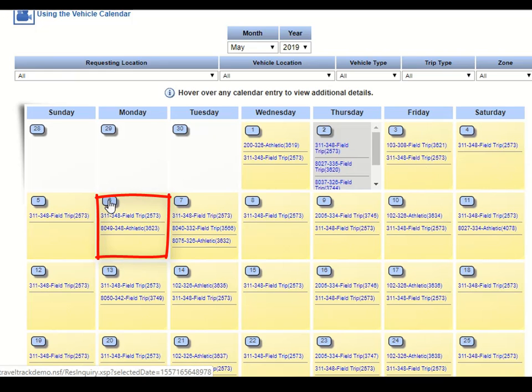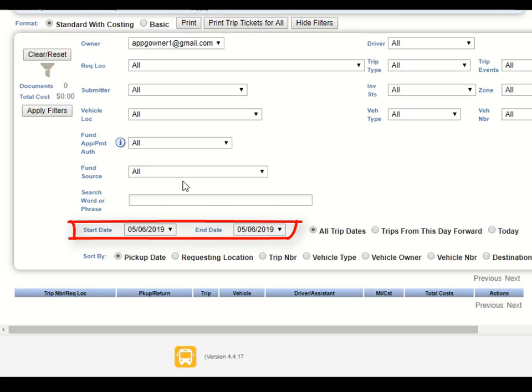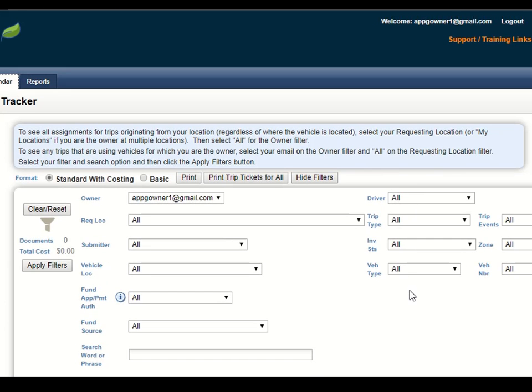You would simply click on the date for Monday, and it's going to open up to the assignment inquiry that we just looked at, except it will already be narrowed down to that one particular date that is in the date range. And then you will be able to see any of the trips that may be going out that are your trips from that particular date range. So that can be a helpful way to manage your daily schedule and your